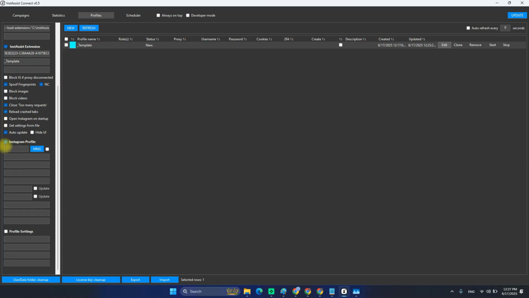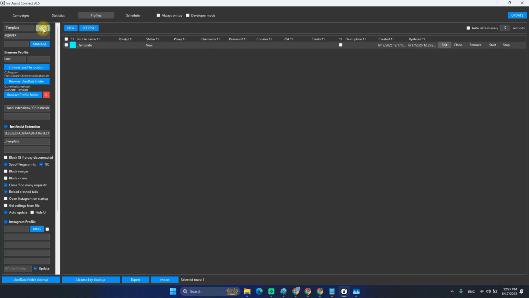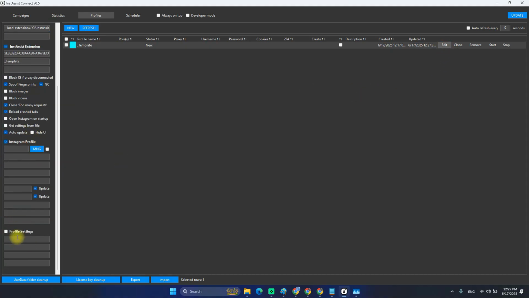Instagram profile, we will enable this too. And we will enable this updating 2FA and cookies. And we will hit save. Okay, great, perfect. And for the profile settings, actually we will change that. Probably we can change that now. So for the profile settings,